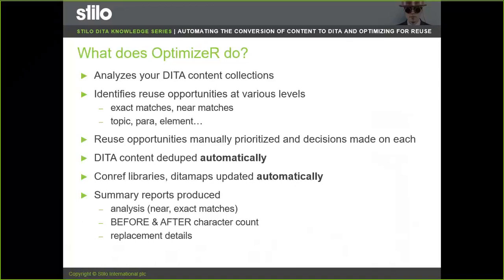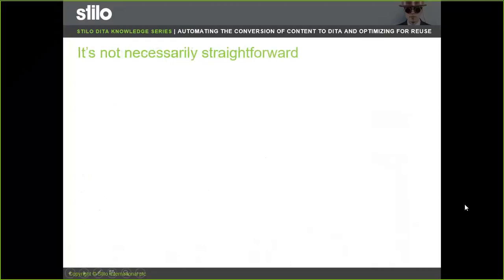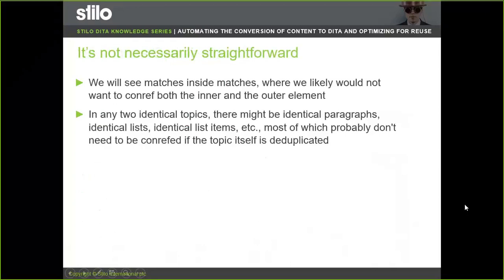We'll show you before and after character counts, and give you a report on the replacement details as well. So it's not necessarily straightforward. You'll see that the more you dip and dive into this, the more you get some complexity. So you'll see matches inside matches where we likely wouldn't want to convert conrefs of both the inner and outer